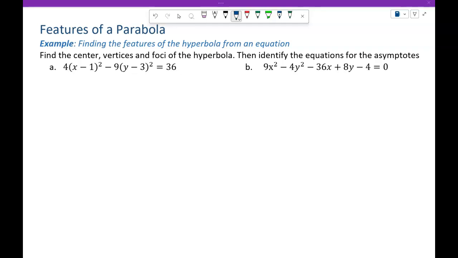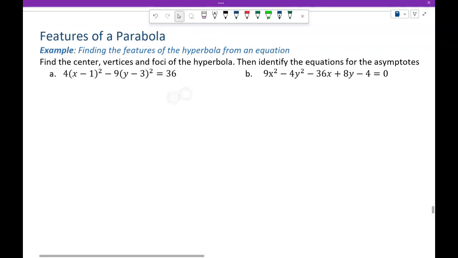Now let's go ahead and start finding some of the features of our hyperbolas. So we want to identify the center, the vertices, and the foci. That means we need the values of h and k, we need a, and we need c. Then we want to identify the asymptotes. The asymptotes also require h and k, but then they also require a and b. So we need a, b, and c as well as h and k in order to find all of these